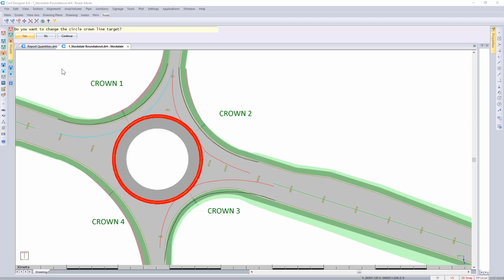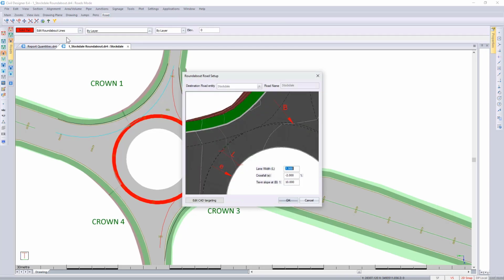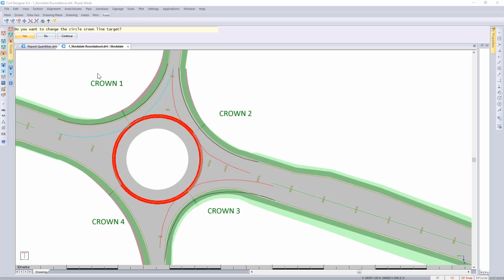Looking at my options on the top, we got yes, no, and continue. If I do go and select continue, it goes back to the previous dialog. Clicking on the option again, and then reading my prompt. Do you want to change the circle crown line targets? Looking in your plan view, Civil Designer goes and highlights the target for me. If I want to make changes here, I click on the Yes tab, but in this case, I'm then going to select No. Moving on to crown line number 1, you can see the entities used to design crown 1